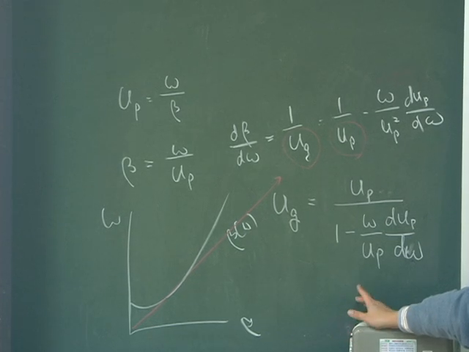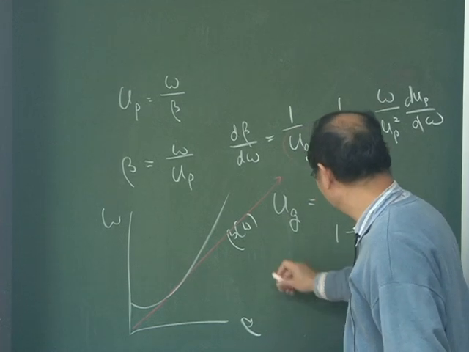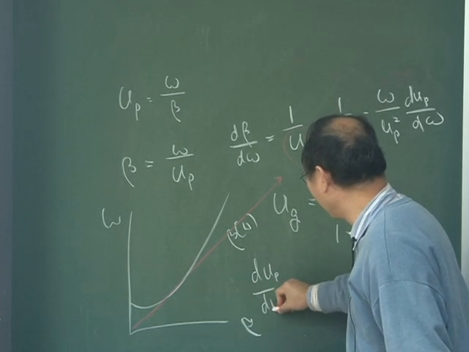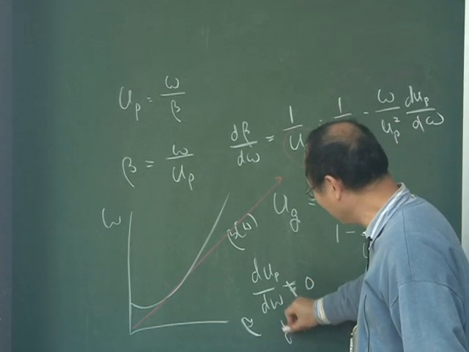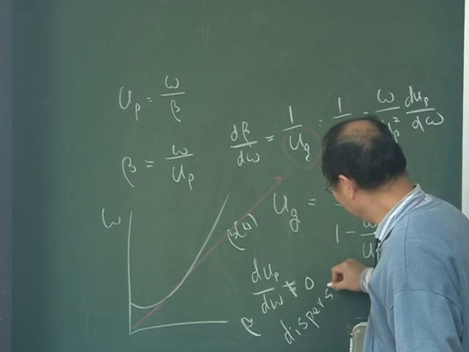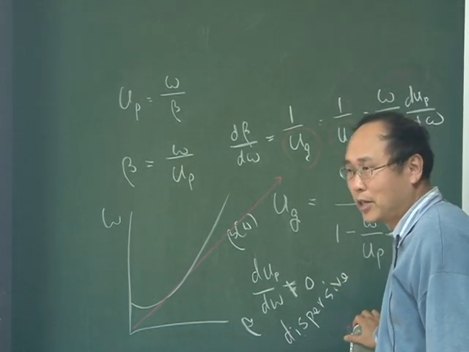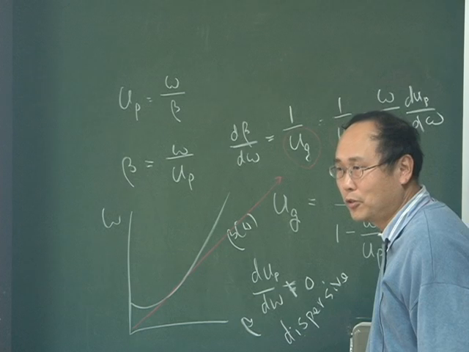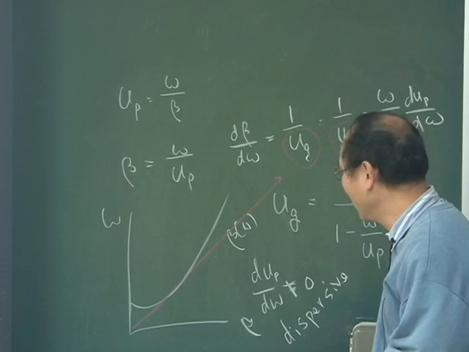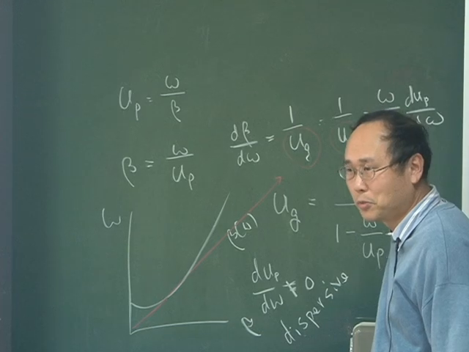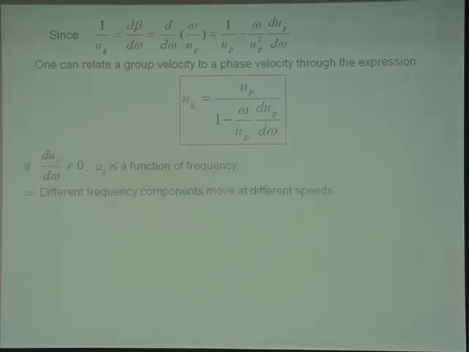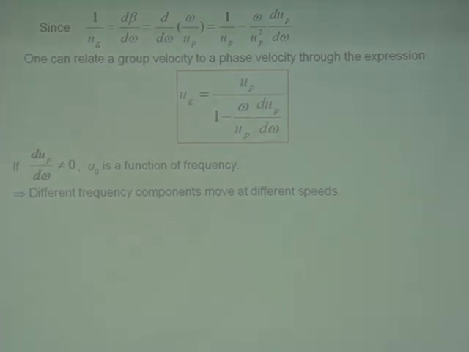And if DUP over d omega is not equal to 0, then we call this system dispersive. 这个系统如果有 dispersion 的话呢，也就是它的反应跟频率有关系，速度跟频率有关系的话，我们说这个系统是有 dispersion。OK， 好，所以这是我们刚刚算出来的一个结果。我们来看一下哈，这个 dispersion 呢有几个 category。When this DUP phase velocity is a function of omega, or this beta